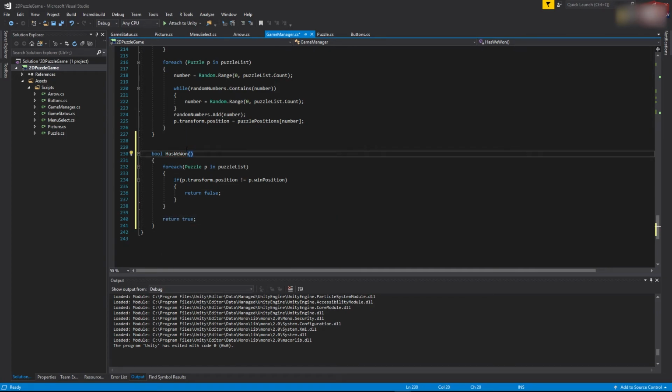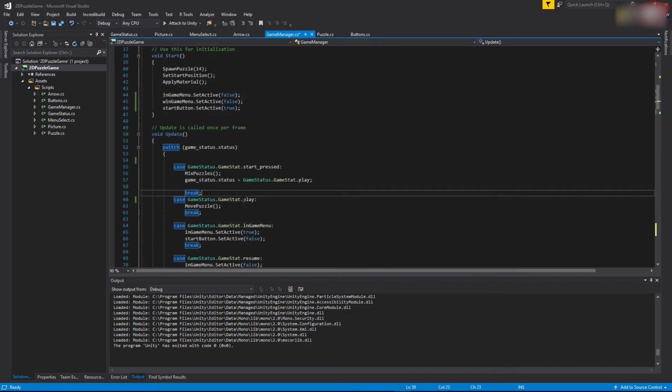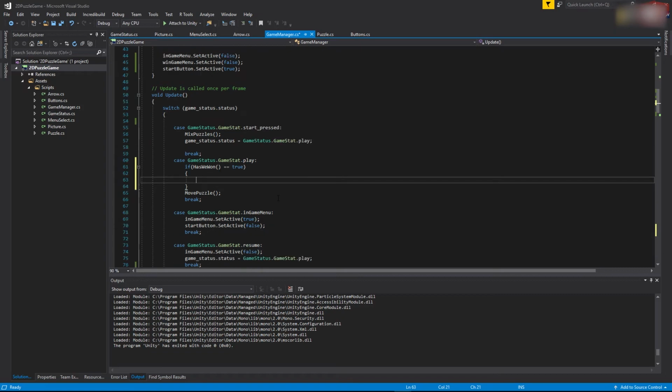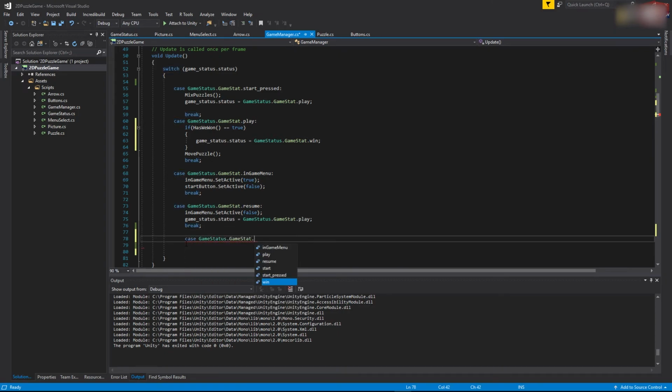Okay, and then we have to call this function inside the update method. Just go to the update method, and then under the play status, put the if HasWon is equal to true. Then we will change the game status, which is GameStatus.state is equal to GameStatus.GameState.win. If all of the puzzles are in the winning position, then we will change this status to win, and then right at the bottom we will create another case, GameStatus.GameState.win,